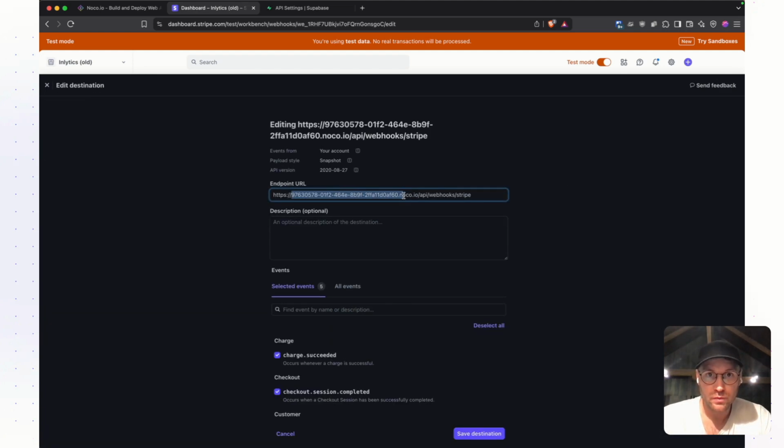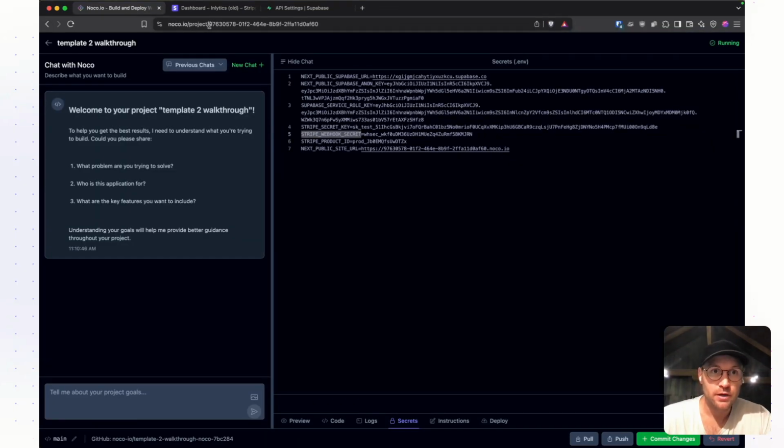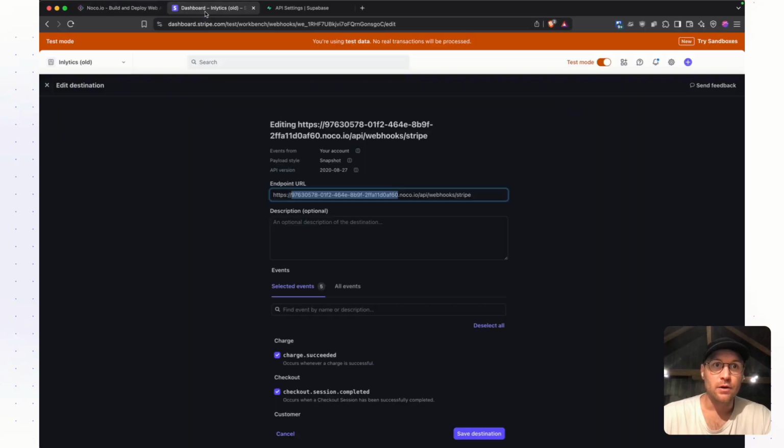Here is your project ID. Your project ID is found currently in the URL. So when you go and you click on your project in Noco and you open it up, this is going to be your project ID. So you'll need that in your Stripe webhook. And you can paste that here,